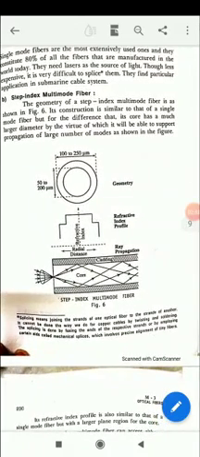A multimode step index optical fiber is made up of a thick core of about 50 to 200 micrometer diameter, and a thin cladding of 100 to 250 micrometer diameter. Both core and cladding have different refractive indices. Because of the larger diameter, it is able to support the propagation of a large number of modes.